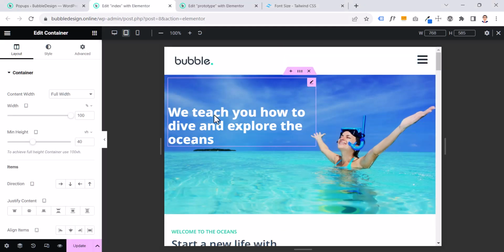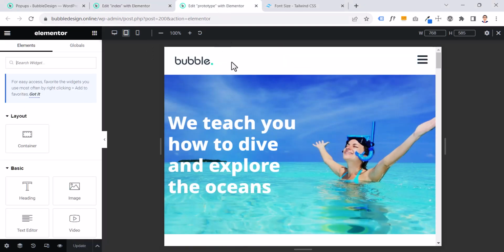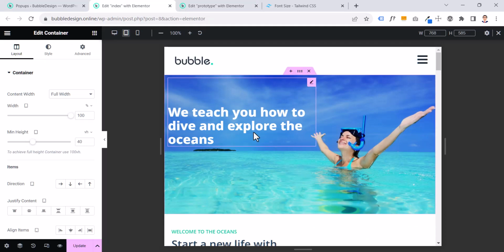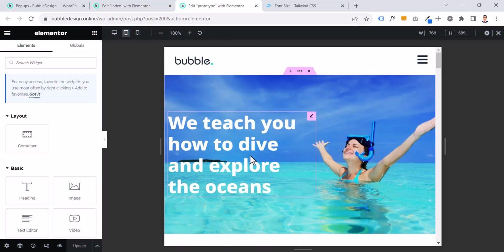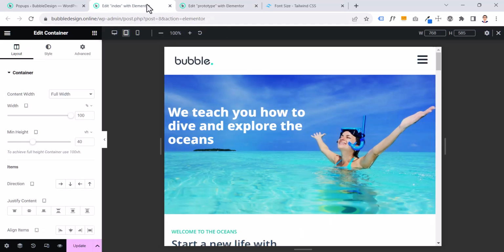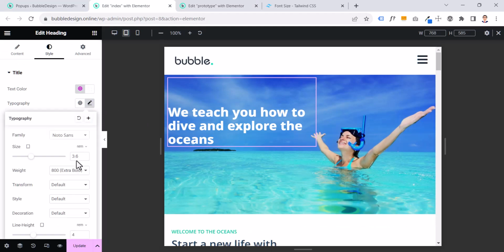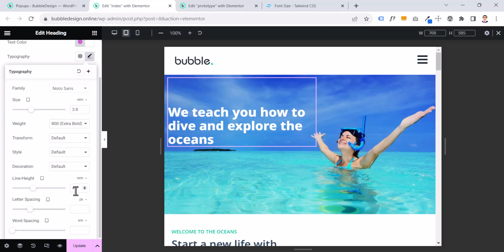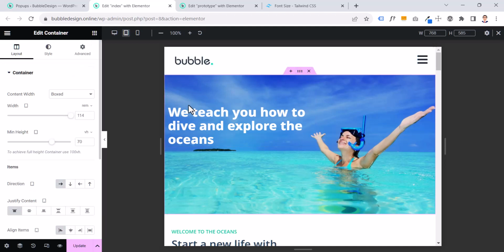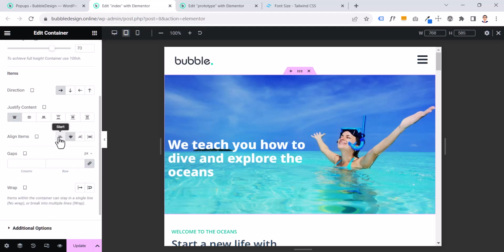hero section. As you can see, the font size is different from the font size here, and the section is actually a little bit more condensed. So let's change this one, because this is too large for tablet. I made the font size for tablet 3.6 rem or 36 pixels, and a line height of 4 rem or 40 pixels. And then I came to the section, the thing we did with the mobile version,